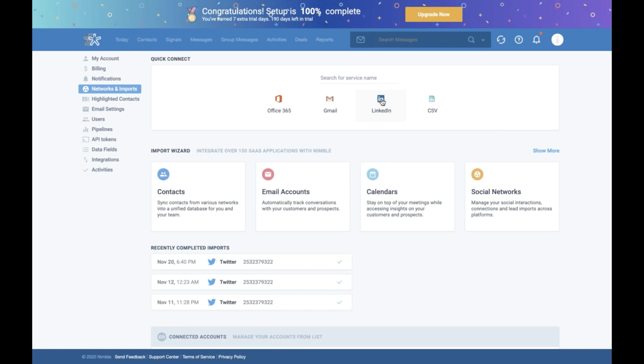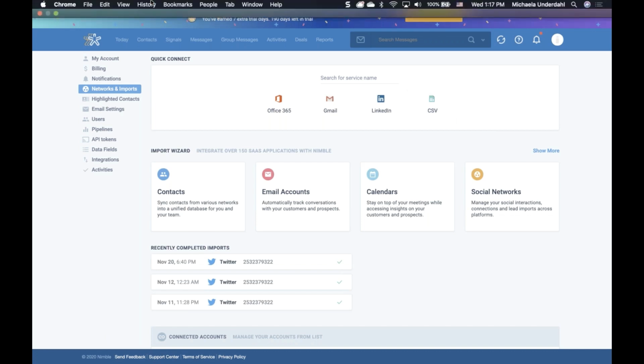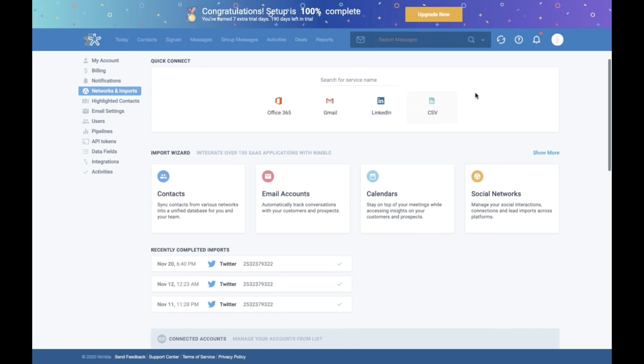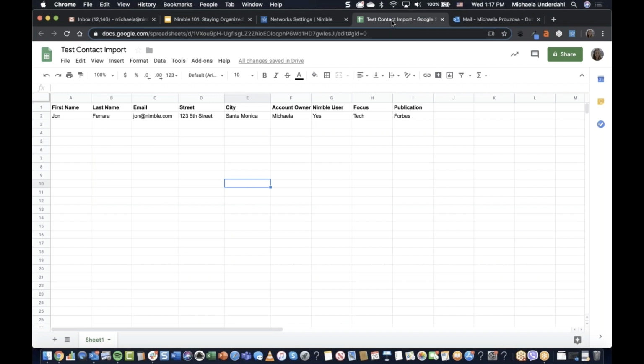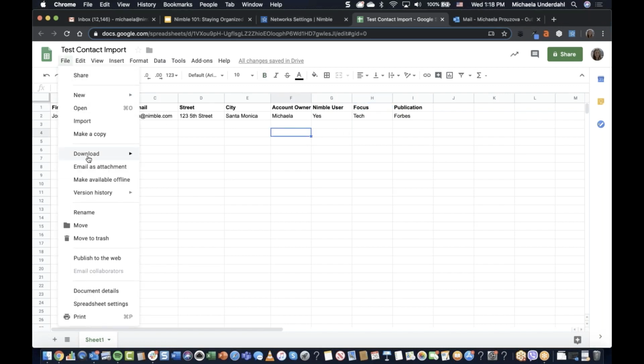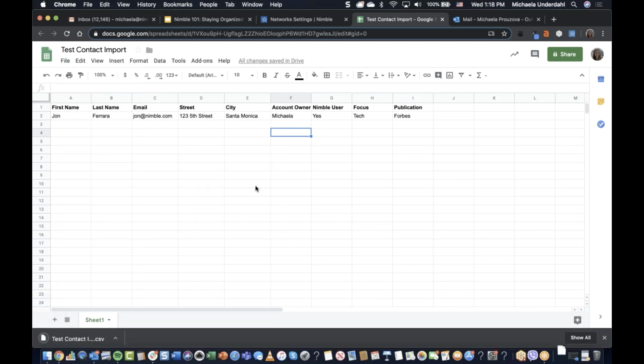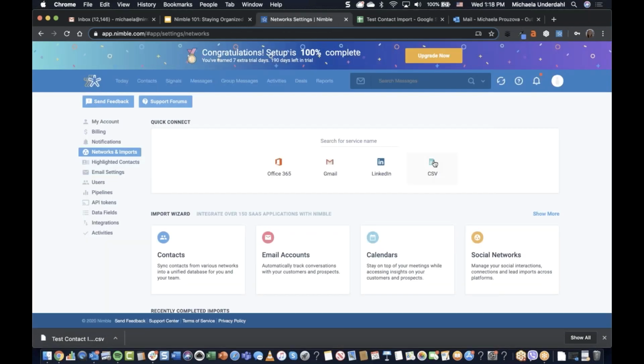Another place where your data might reside is in various different spreadsheets that any of your team members may have been using until now. So you can basically import any type of spreadsheet into Nimble. You can do it in two ways. You can either review it, and if there are any fields that don't exist in Nimble, you can create them before you import it, or you can use this spreadsheet, download it as a CSV file, and when you click on the CSV import,